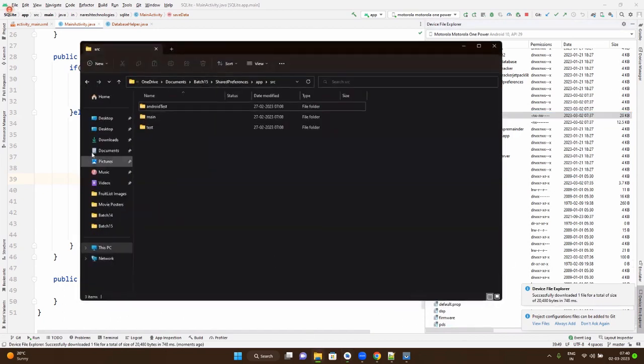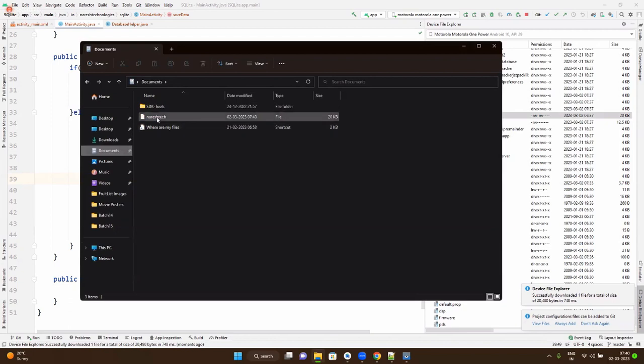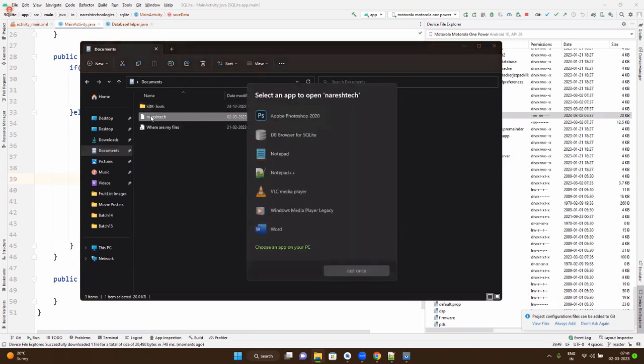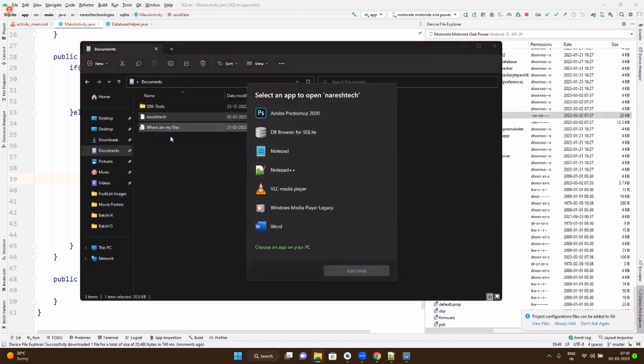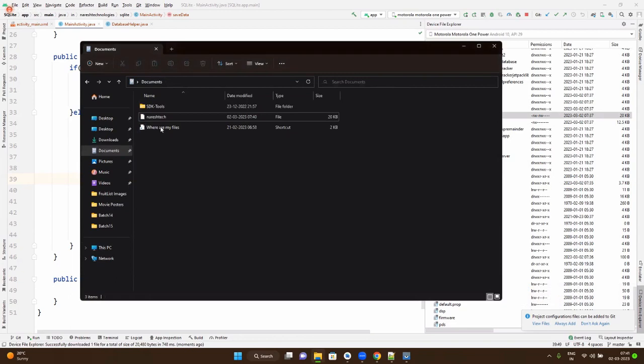So let's see if it is saved or not. In the documents, yes, it got saved. So this is the database file name. You cannot open it right away. To open this kind of file, which is a SQLite file, a database file, you need an external software, and that is